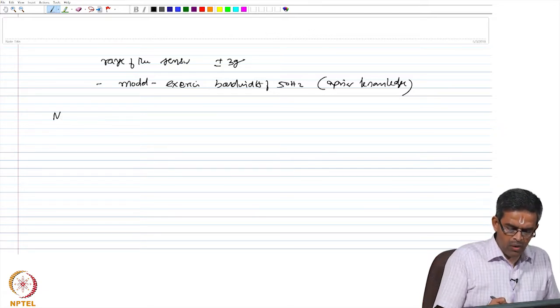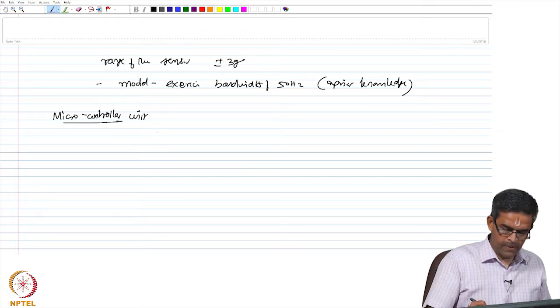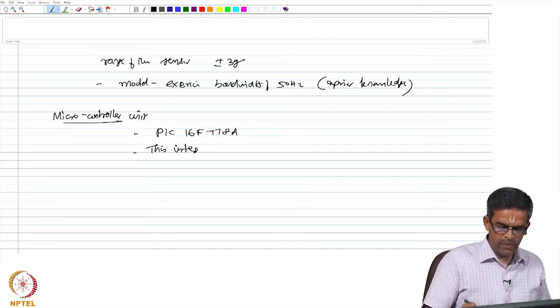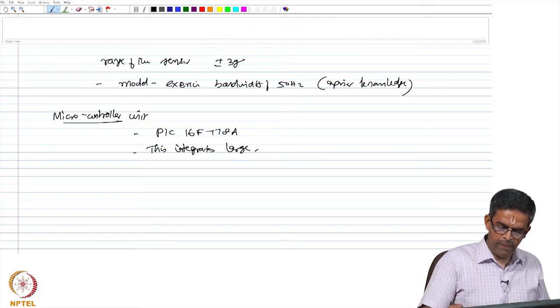The microcontroller unit used in the design is PIC microcontroller 16F778A. This integrates large storage memory